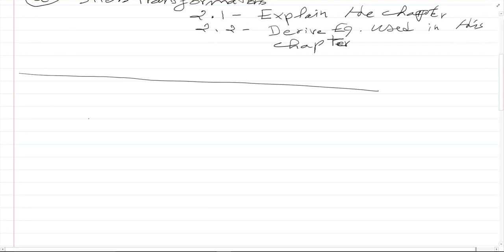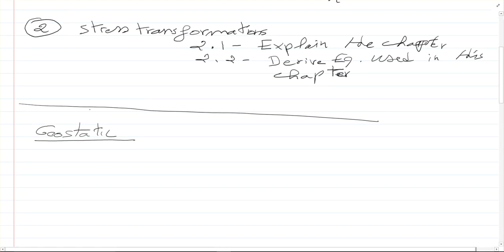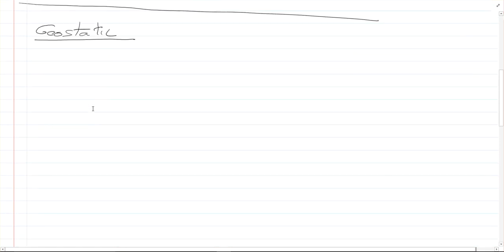So let's assume now. Let's just do the geostatic part. The word explains itself. Geo means soil, and static, so soil under static conditions. Now let's assume we've got, just slide down, we've got